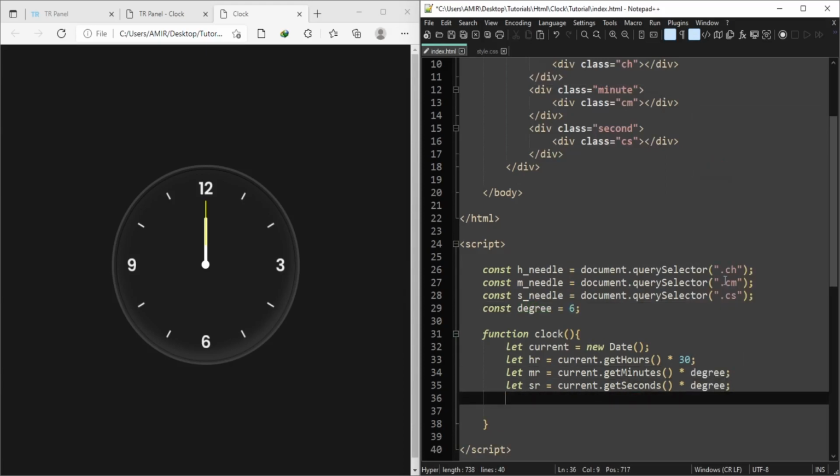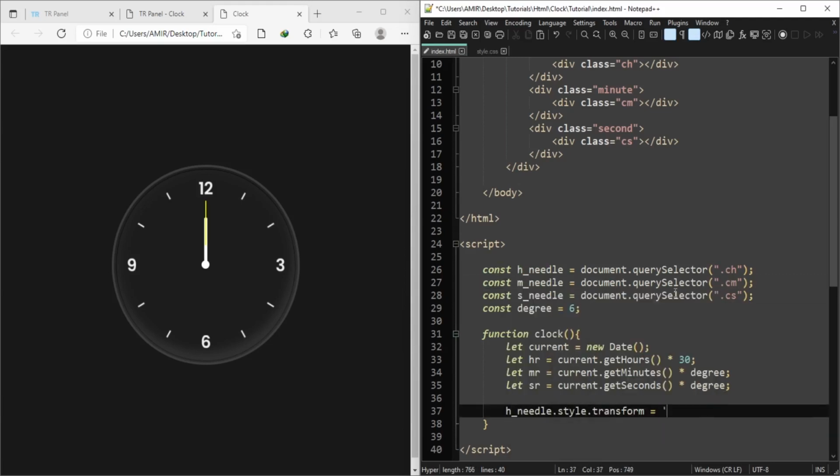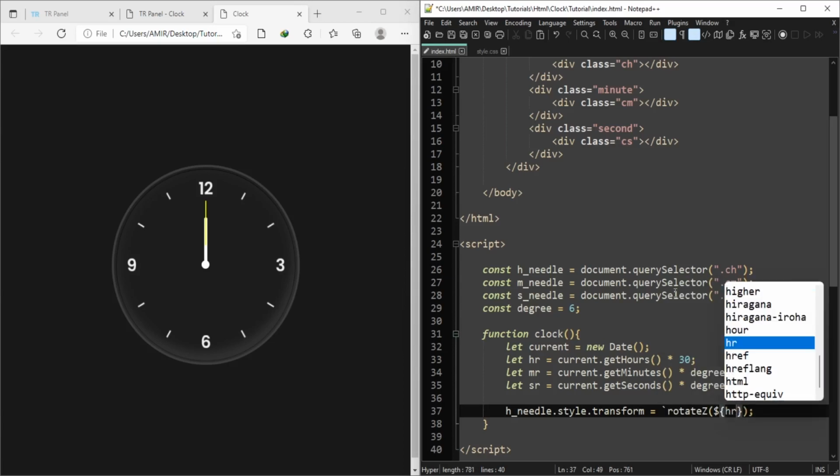Now the next thing we need to do is rotate these needles how we want. Now don't type this symbol, you need to type this symbol. Now type dollar for variables, because we are using a variable here, which is this hr. This means hours rotation.